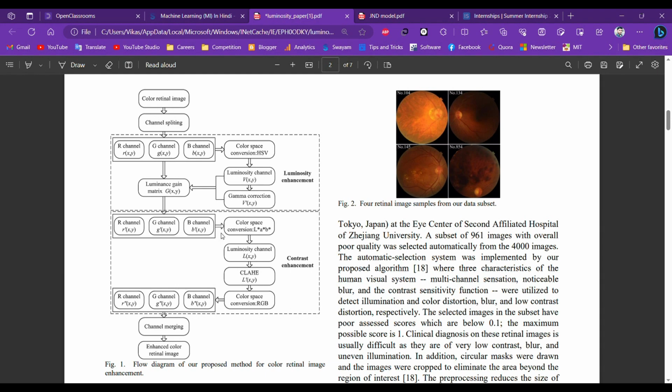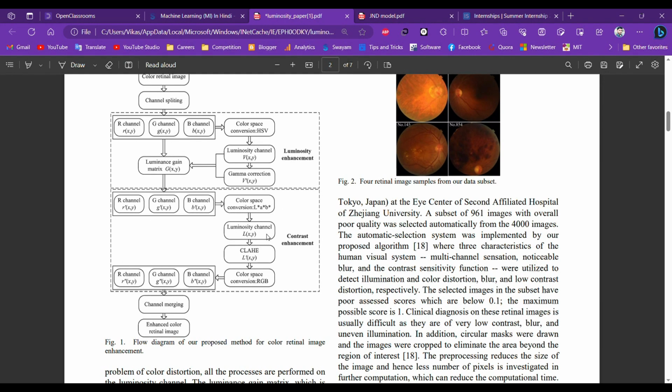contrast enhancement is applied to the luminosity enhanced image. First, it is converted into LAB color space, which is most useful and widely used for contrast enhancement and also brightness adjustment. After converting into LAB color space, it is split into LAB channels and the L channel is used for contrast enhancement,